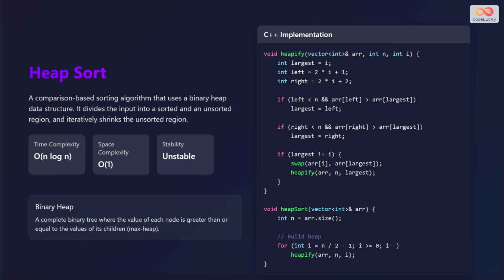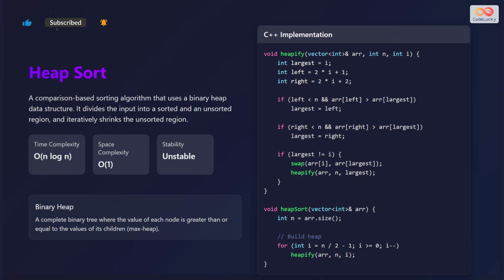Now we will learn about heap sort, a comparison-based sorting algorithm that uses a binary heap data structure. It divides the input into a sorted and an unsorted region, and iteratively shrinks the unsorted region. Heap sort is efficient and has a guaranteed time complexity. Its time complexity is O(n log n), space complexity is O(1), but it is an unstable